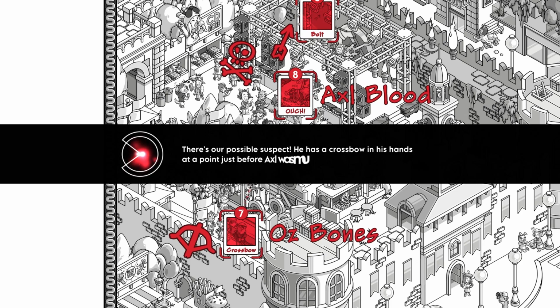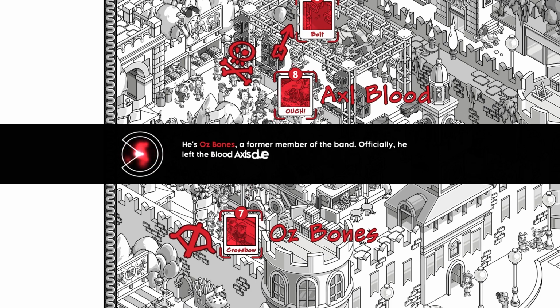That's our possible suspect. He has a crossbow in his hand at a point just before Axel was murdered. He's Oz Bones, a former member of the band. Officially, he left the Blood Axels due to artistic differences, but there was gossip about fights over royalties on record sales. Let's follow Oz to study his movements